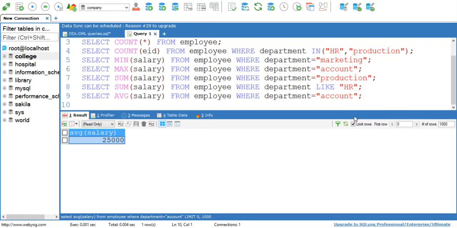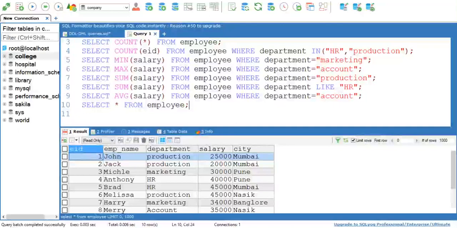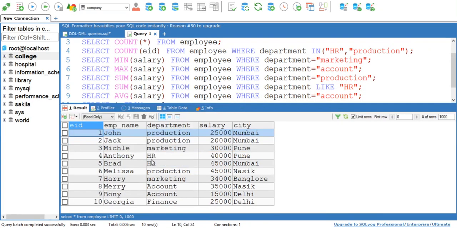It collects multiple values, and then on the basis of some similarity on those multiple rows, it will group that values into one group, and then it will output that value. So this is how group by clause works. Now at the output section you can see our table. In the table we have stored data for 10 employees. Some of these employees belong to the same city and some of them are from different cities.